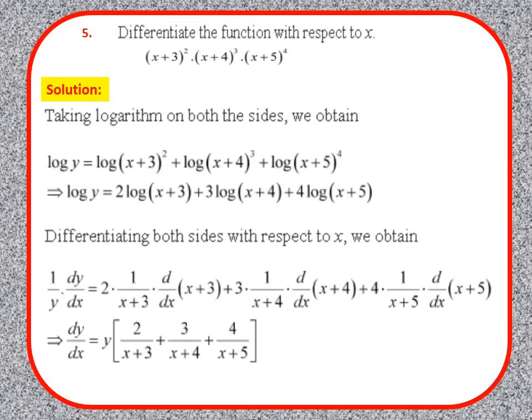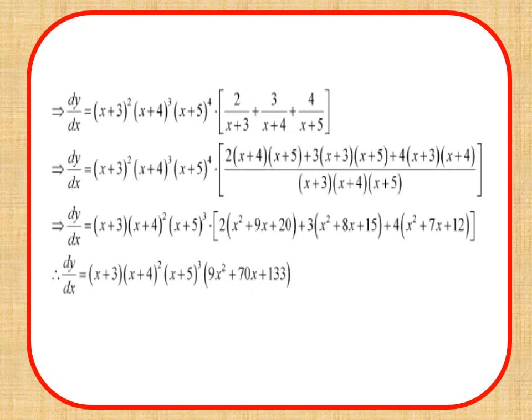Now differentiate both sides. We are getting, first we will differentiate log. So log is 1 upon x plus 3. Then for x plus 3 it will be only 1, because derivative of x is 1 and of 3 is 0. Then for log (x+4), and then for log (x+5). Clear? Then multiply y to the right hand side, you will get (x+3) whole square, (x+4) whole cube, (x+5) whole power 4, and then after calculating the term in the bracket, you'll get your final answer. So pause and note down the solution.